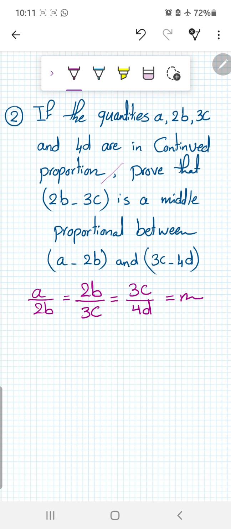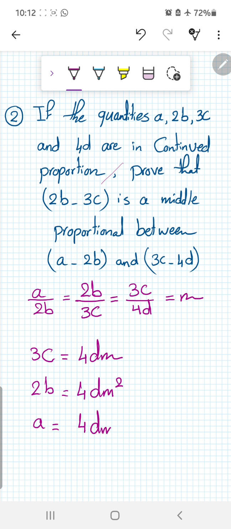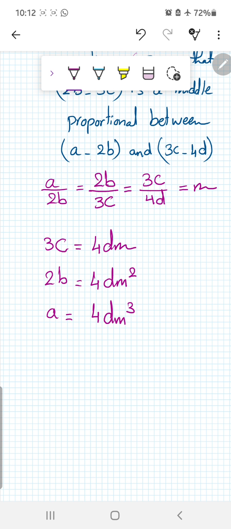Okay, as we said, start from the last, which is 3c. So here we have 3c equals 4dm. Okay, 2b equals 4dm power 2. A equals 4dm power 3. Okay, write the example. Prove that 2b minus 3c is a middle proportional between a minus 2b and 3c minus 4d. Okay, we want to prove that